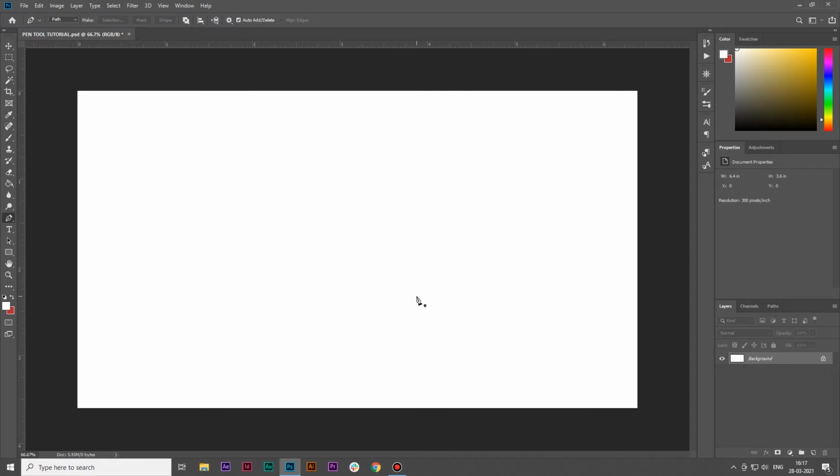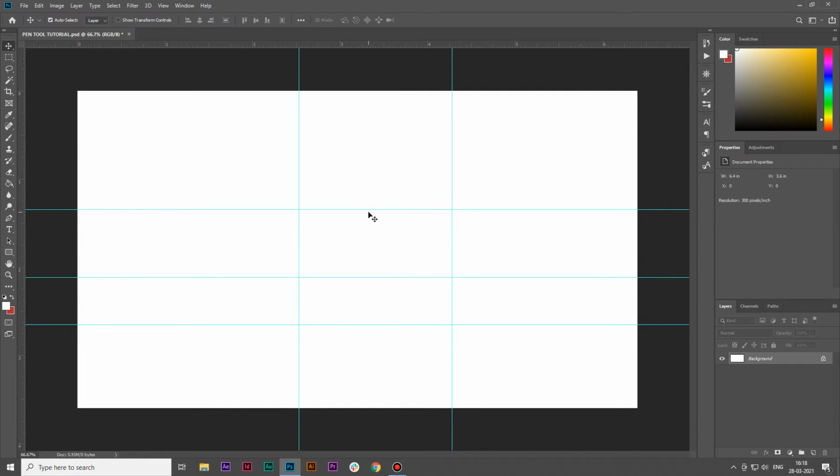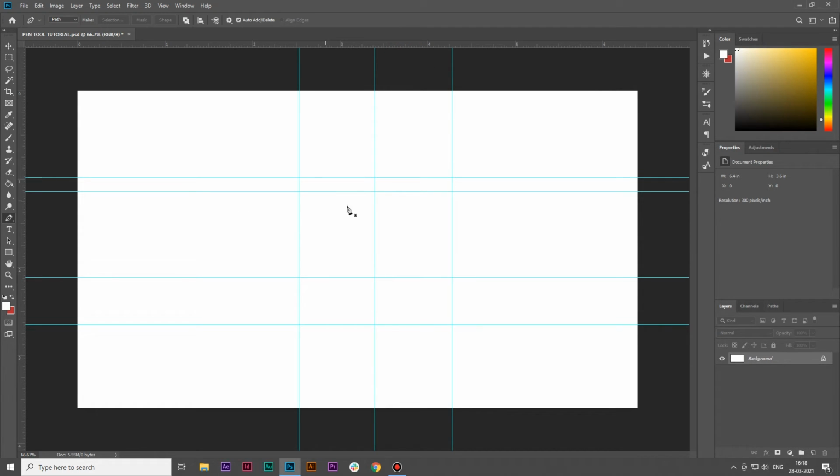Now we will do a practical by making a human face with the pen tool. Simply use rulers to create the shape, as rulers help you create the shape perfectly. Now press P, as I have told you previously.